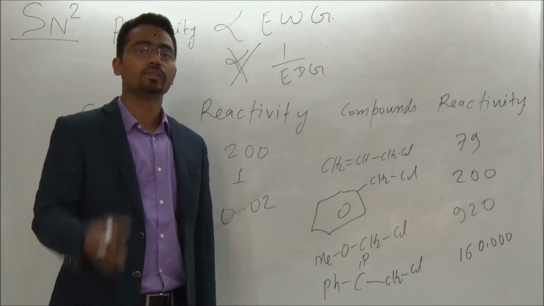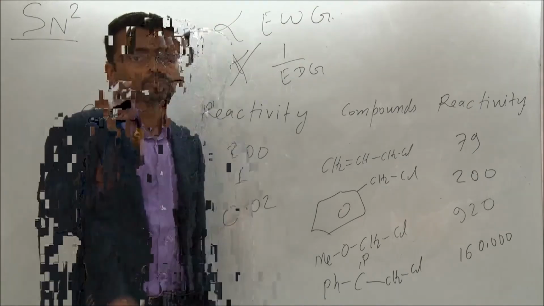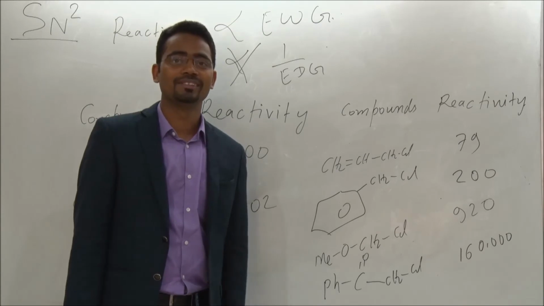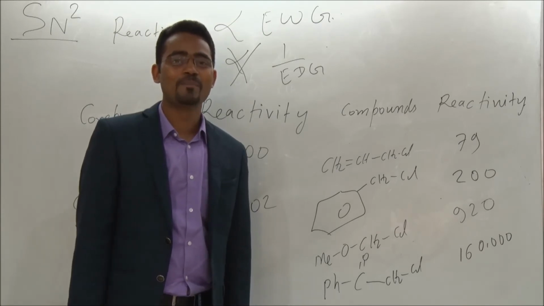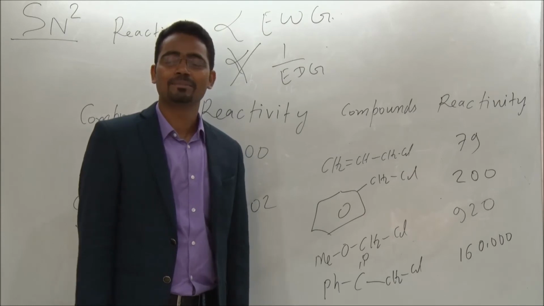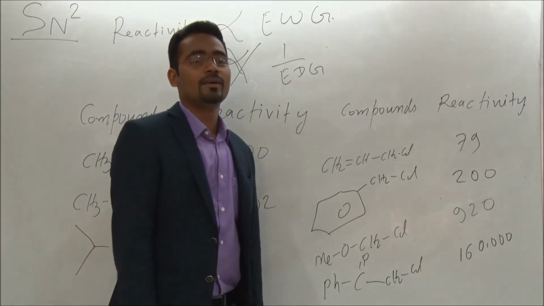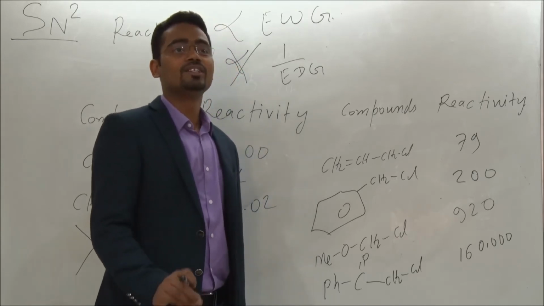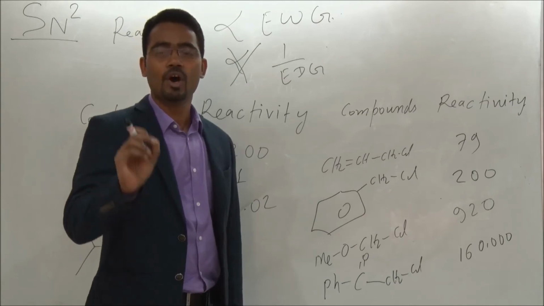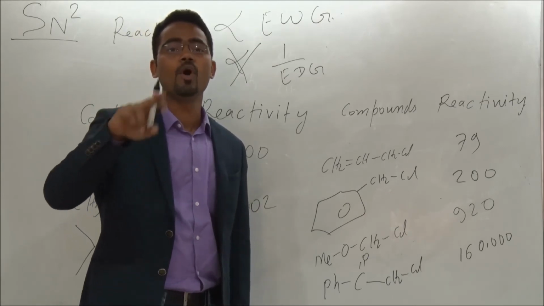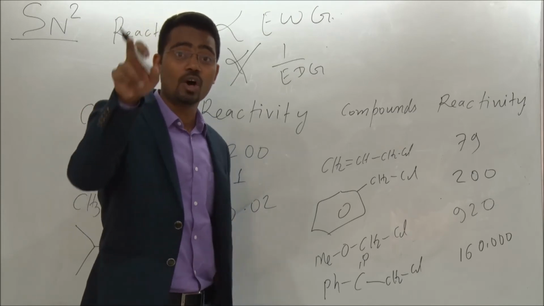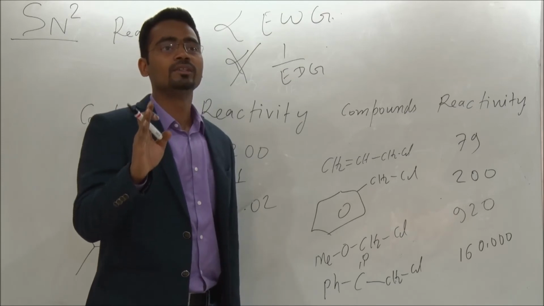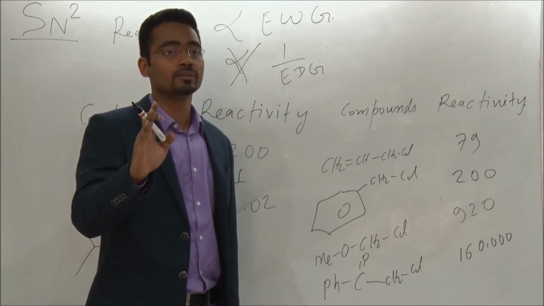Yes, it is the right answer. Conjugation. So there is no carbocation. How conjugation? So the reason is there is conjugation in the transition state. Because in the transition state there is a pure p orbital, and either an electron donating group or an electron withdrawing group both stabilize the transition state through conjugation.